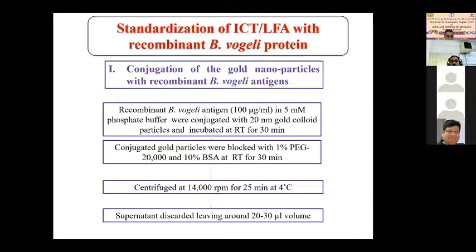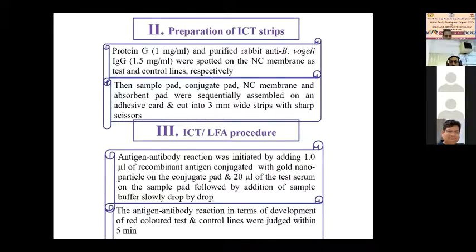Now, for some of the parasites, we are starting with Babesia vogeli, the work that we have recently concluded. Next. Next. These are all the preparatory steps that we have done, conjugated and so on, but here we have taken a different format. On the test line, we have taken protein G; on the detection probe, we have taken a recombinant antigen which is specific for Babesia vogeli; and on the control line, we have taken the antibody of that recombinant protein that is specific for Babesia vogeli.